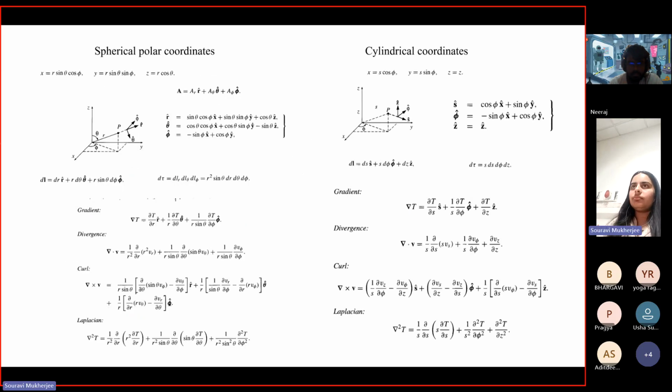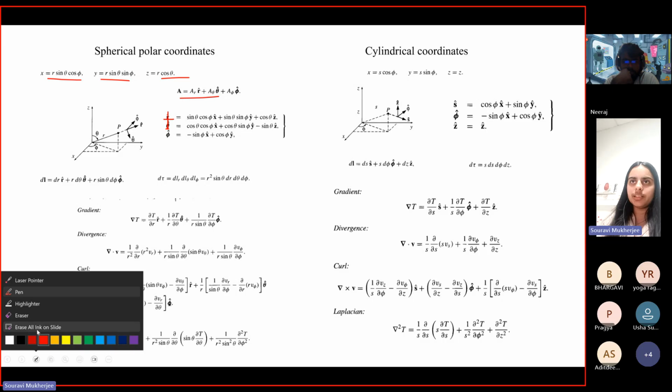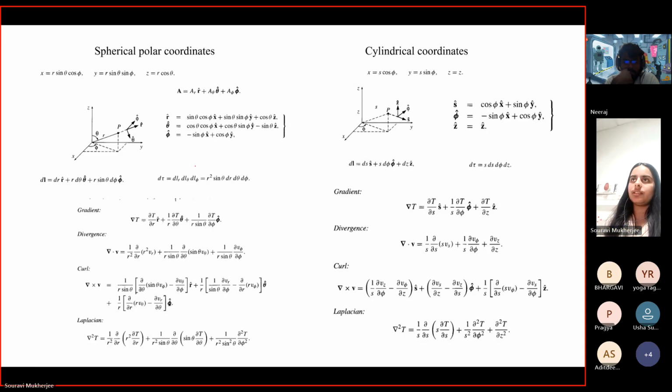Okay. So now you have spherical coordinate systems, which will be very useful all throughout the course, because there will be many cases where you would have spherical symmetry, where you would try to use the spherical polar coordinates. And there, this is how you would represent x, y, and z in terms of r, theta, phi. You have to represent the old unit vectors in terms of the new unit vectors, and these are the relations that you have to use. Then this is how you can define line elements, or define the different operators.